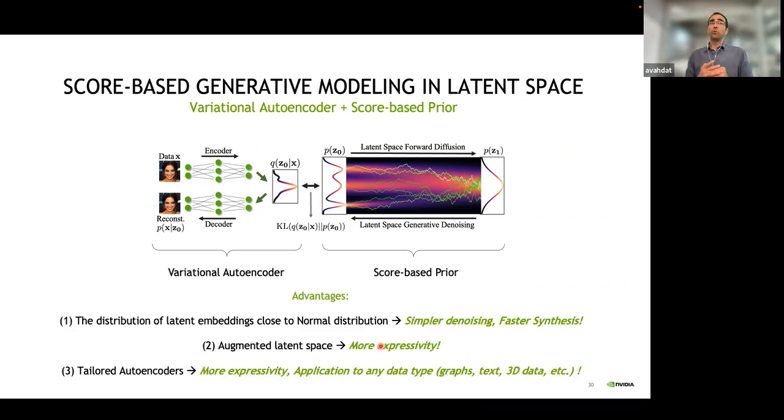The reason we may want to do this, we actually foresee that there are three advantages to this. One is that we know that